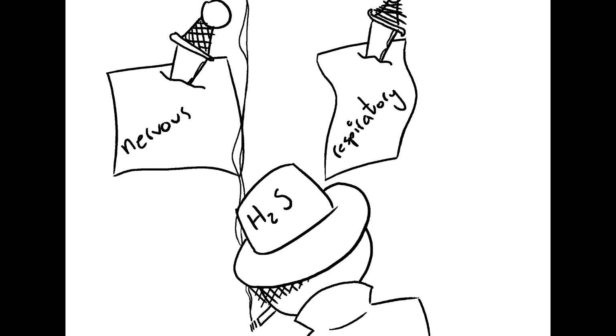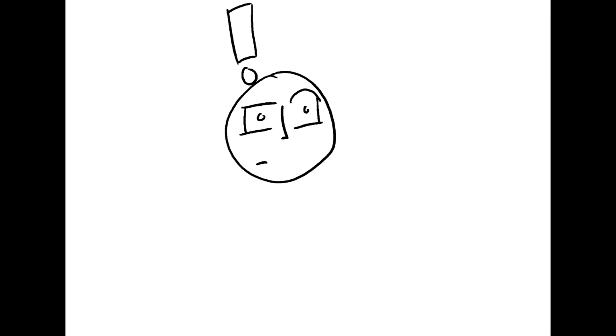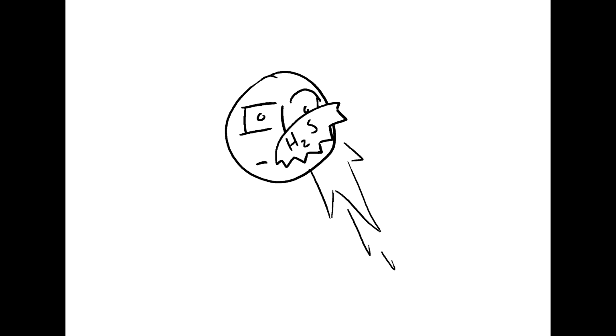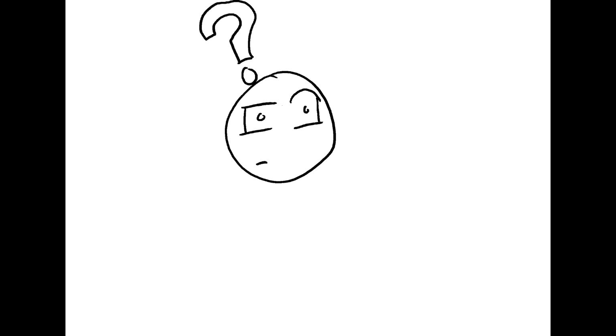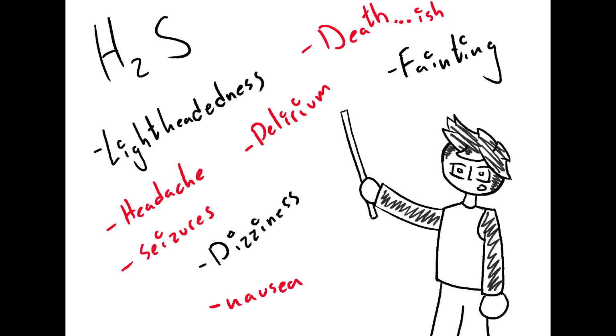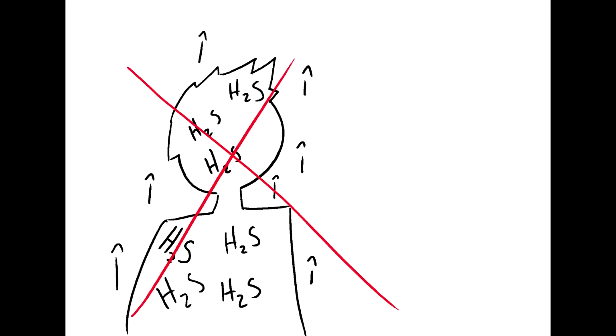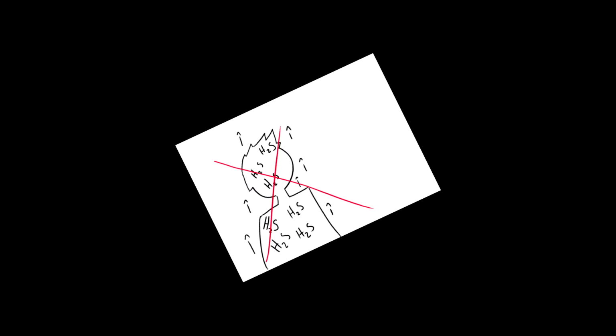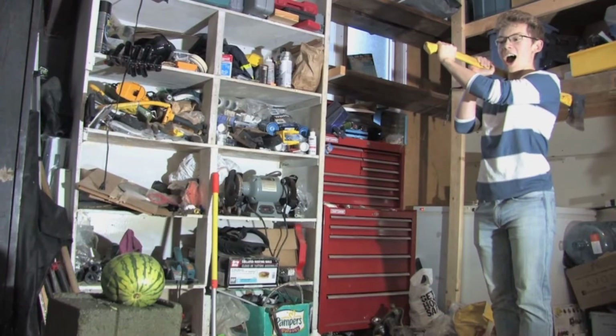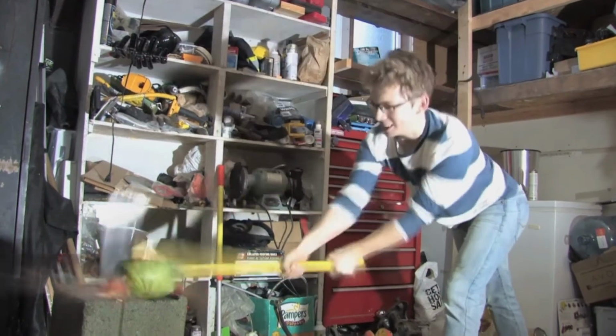Sour gas is a toxic gas that targets the nervous and respiratory systems. Sour gas does have a characteristic smell, but it can quickly deaden your sense of smell, so that can't really be used as an indicator. From brief exposure to high concentrations of sour gas, you may experience lightheadedness, dizziness, fainting, headaches, seizures, nausea, delirium, and maybe death. Hydrogen sulfide does not accumulate in the body, but repeated or prolonged